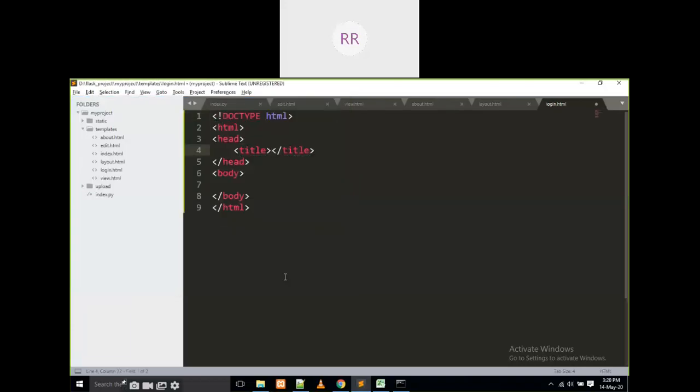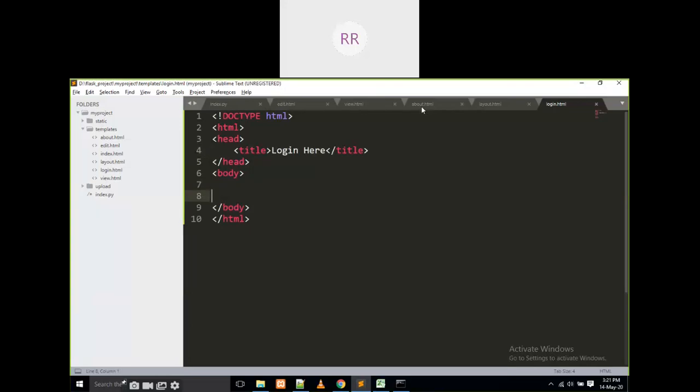It is a login page. Here there is no need to write extends, it extends the layout. This is the default page, the first page we have to create.